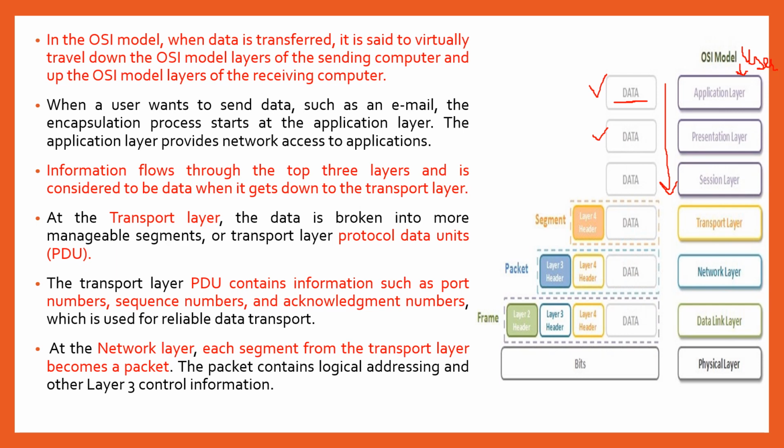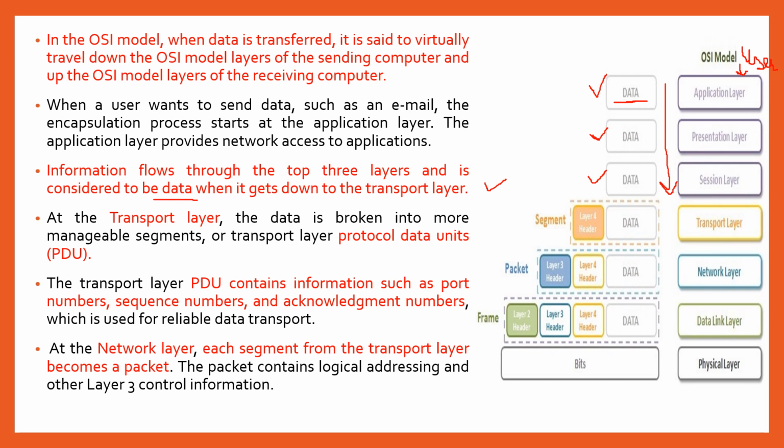And next in the presentation layer also something will be added. After some information is added, it is still called data. And then even in the session layer, after addition of some information, it is still named data. So information flowing through the top three layers is considered to be data